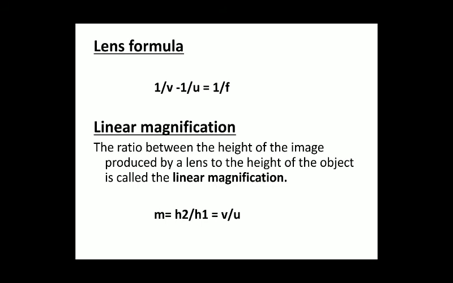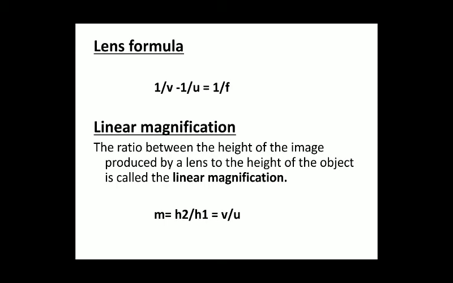Now, lens formula: 1 upon V minus 1 upon U equals 1 upon F. In the mirror formula, it is 1 by V plus 1 by U. The only difference is 1 upon V plus or minus 1 upon U. And in magnification, one change has come. There it was minus V upon U. Here in the case of lens it is V upon U. Try to observe and keep it in your mind. In the mirror formula, 1 upon V plus 1 upon U equals 1 upon F, and magnification is minus, but in lens just the opposite of that, right?